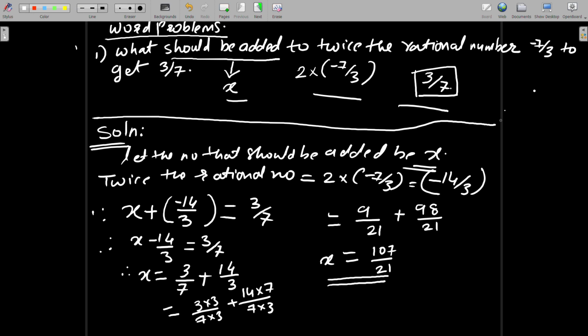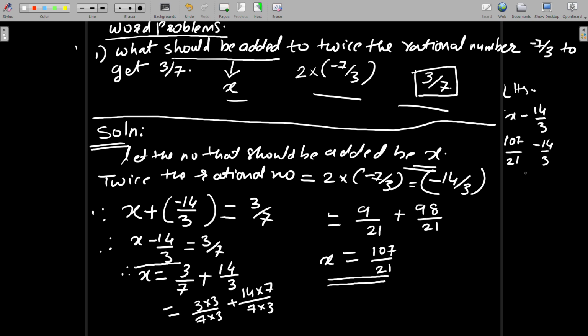So what we have on the LHS of the equation is x minus 14 by 3. That is from this part of the equation. Now what is the value of x we got? We got the value of x as 107 divided by 21